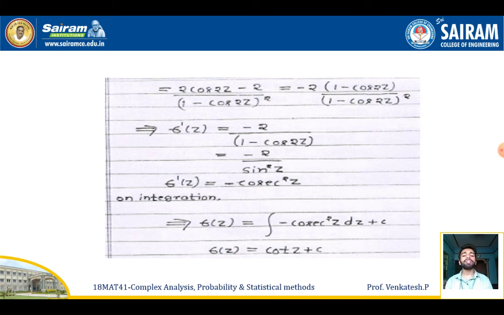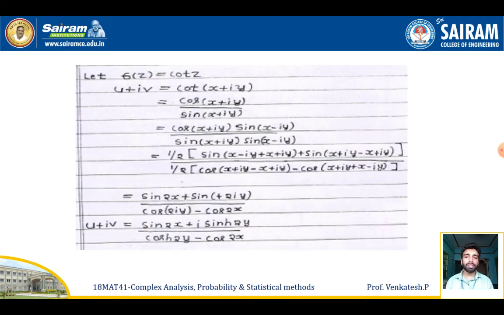So now from this analytic function, I want to estimate the value of v also. So we have f of z is equal to cot z, and it is given by u plus iv is equal to cot of x plus iy. So to find v, I am representing cot z as cot of x plus iy in Cartesian form. So cot is nothing but cos by sin. I will be getting cos of x plus iy by sin of x plus iy. It will be equal to cos of x plus iy into sin of x minus iy by sin of x plus iy into sin of x minus iy. So I am just multiplying and dividing with sin of x minus iy.